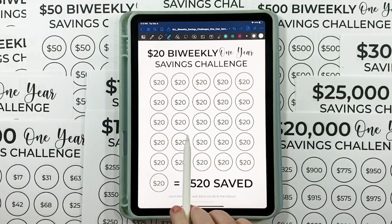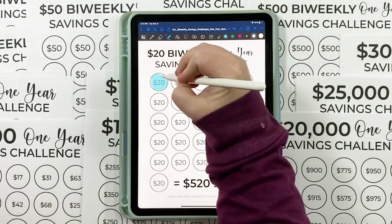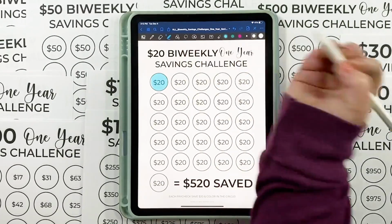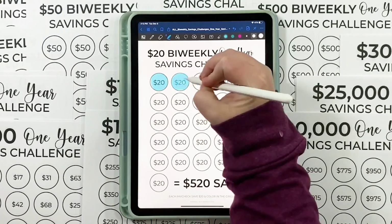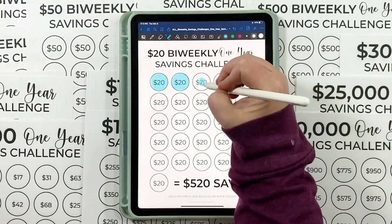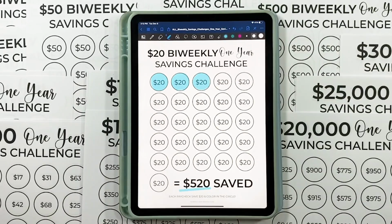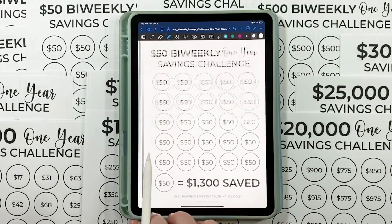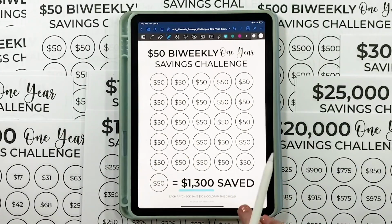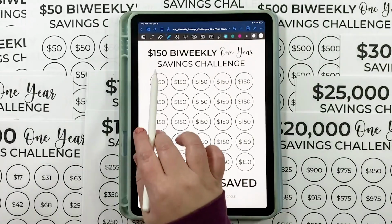Or you would do $20 every time you get paid. So when you get a paycheck, you would put $20 aside, save that $20. And then the next time you get paid, the next biweekly paycheck, you would do it again, have $20 colored in. Then you would just repeat that process every time you got paid. Then at the end of the year, you would have $520 saved for whatever goal you're working on. Then we have one for $25 biweekly for $650 saved, $50 biweekly for $1,300 saved, $100 biweekly for $2,600 saved,